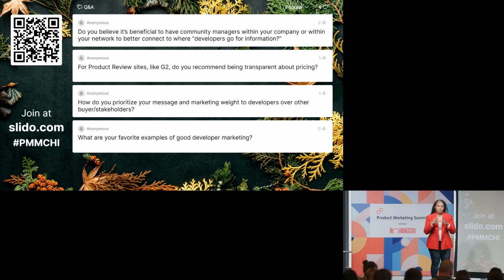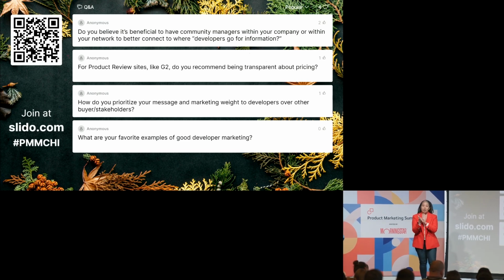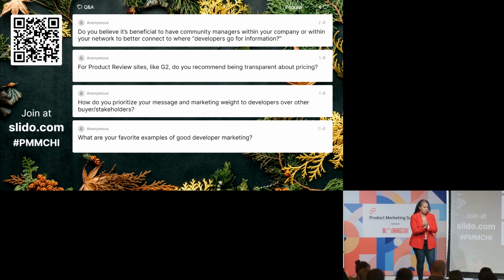They want to be able to serve themselves as much as possible, because also remember, developers don't necessarily do the 8 to 5. You have developers on the other side of the world. They don't want to wait for an answer. They don't want to wait to figure out whether they can afford this or not. So I recommend being as transparent as possible, because right away that tells them whether or not they can afford and use your product. It saves them frustration, because if they have to search for it, they will lose interest and move on to something else.